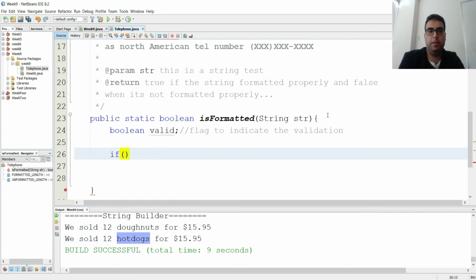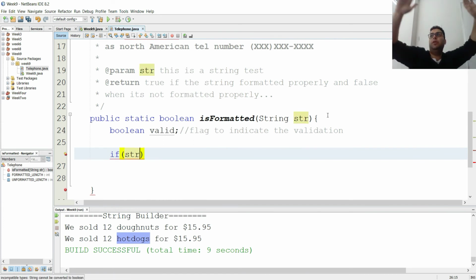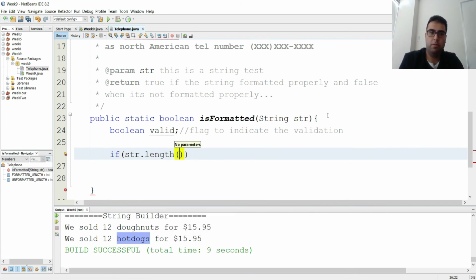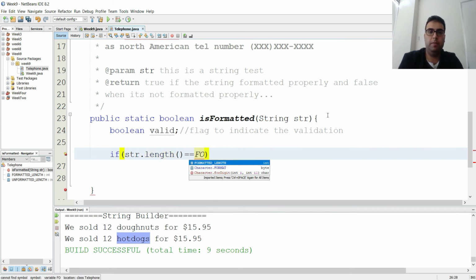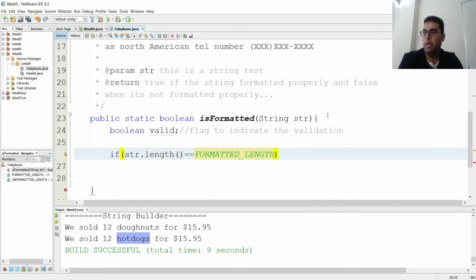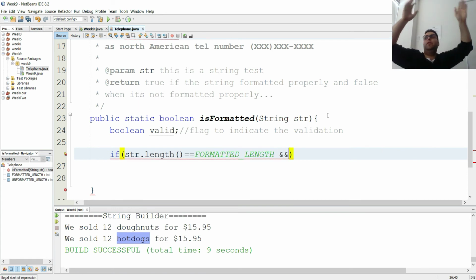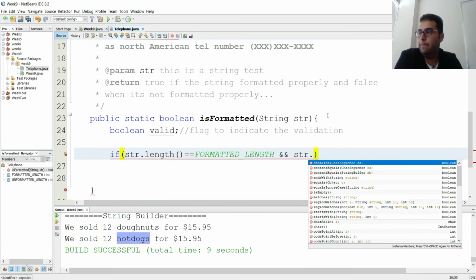And we're simply going to say, okay, one of the things we can check is the length. So the length has to be 13, right? So we say if the string length is equal to the formatted length, and what else? The first thing we check is the length. If the length is not 13, definitely something is off. But let's say the length is fine, and we're going to check the